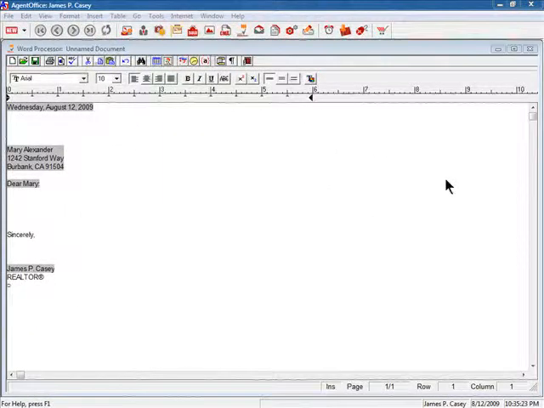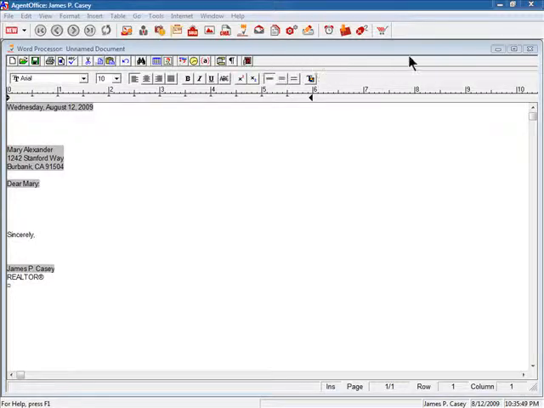Now that you've created your initial default letter, we're going to close the word processor. One thing that you can do as a shortcut here is kind of a throwback to some of the earlier versions of the software. In some of the modules, you'll see a button that has a little picture of a red door, and this is a shortcut for closing any one of the modules. It doesn't appear on all the modules. In fact, the word processor is one of the last modules that still maintains this shortcut.